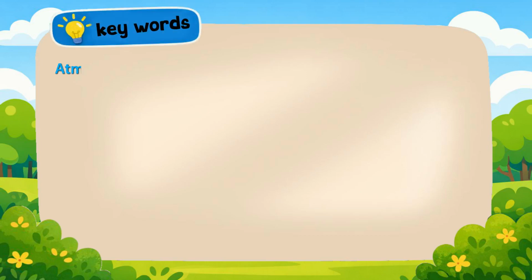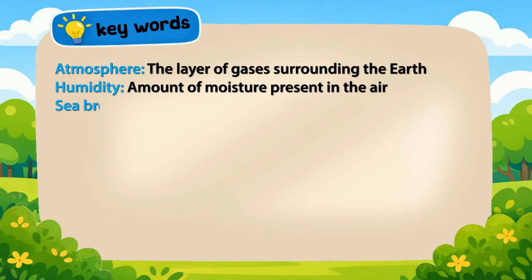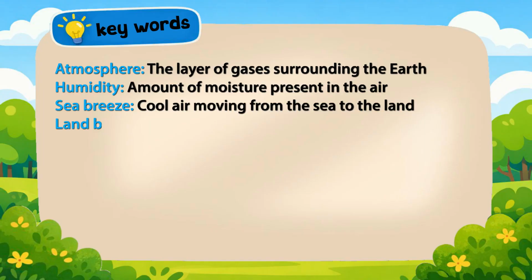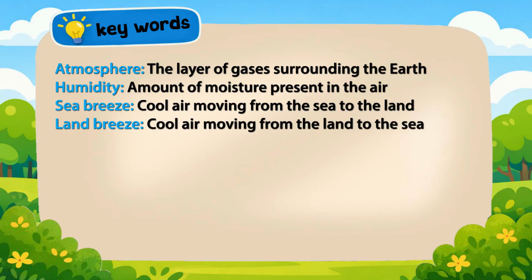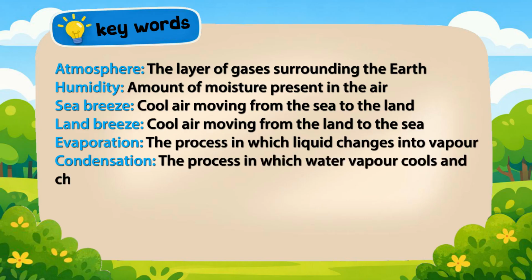Key words: atmosphere, the layer of gases surrounding the earth; humidity, amount of moisture present in the air; sea breeze, cool air moving from the sea to the land; land breeze, cool air moving from the land to the sea; evaporation, the process in which liquid changes into vapor; condensation, the process in which water vapor cools and changes back